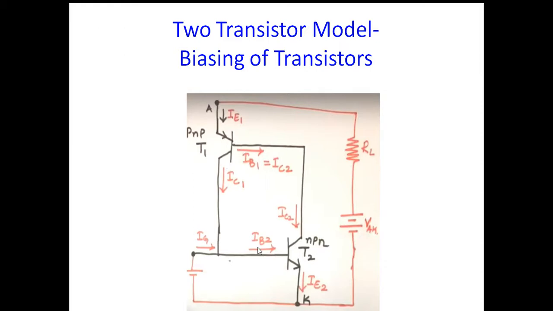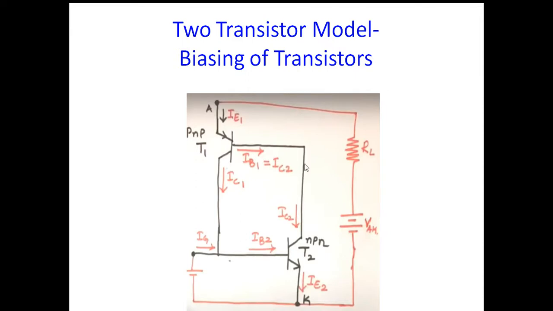As IB1, IB2 will be the input of transistor 2, which will be amplified and given as input to transistor 1. So this increased current will be given as input to transistor 1. So this current will be further amplified and again it will be given as input to transistor 2. So this current will be increased in this closed loop when the current increases through the SCR.